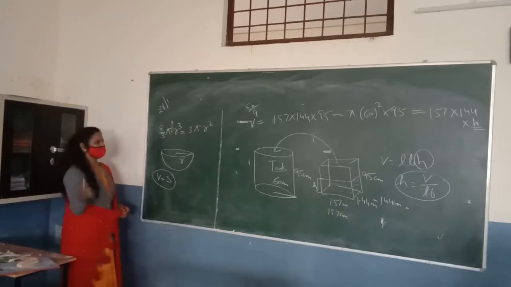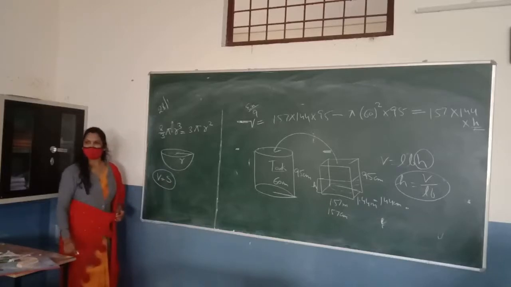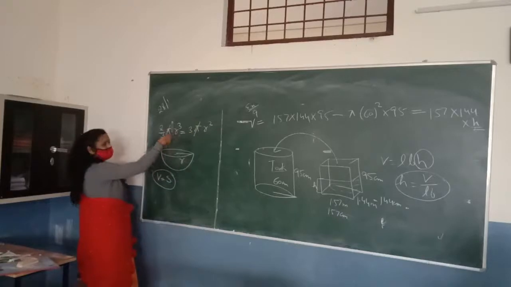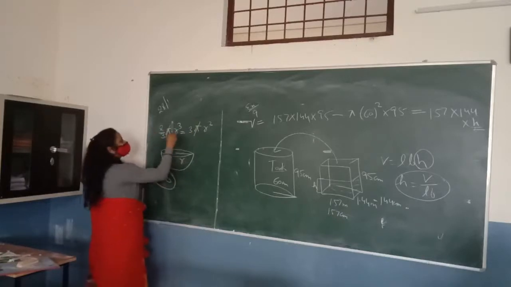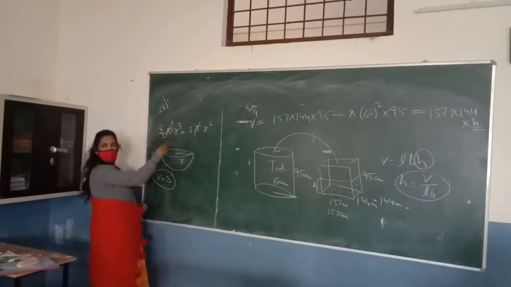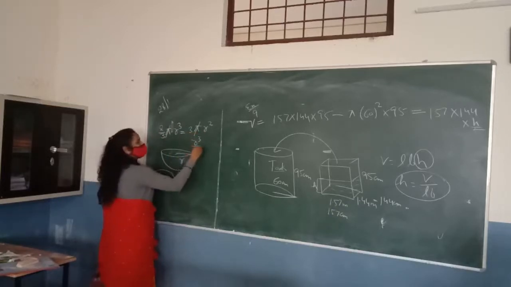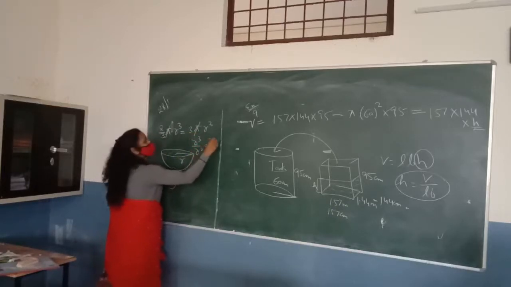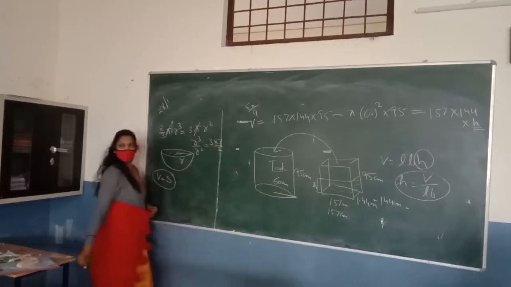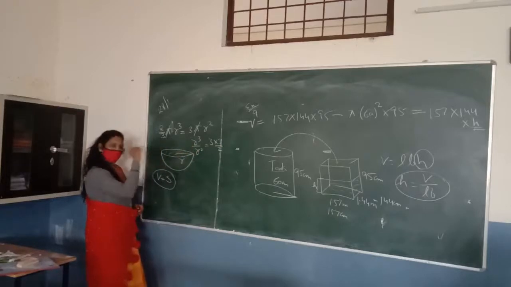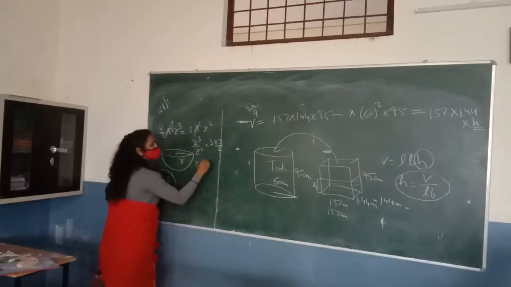Okay, diameter. Calculate it. Pi cancels out with pi and r square with r cube. So let us cross multiply, right? Here r will remain. r cube and r square is equal to 3 into 3.2. When r cube cancels with r square, what remains? r. That means r is equal to 9.2 centimeter.